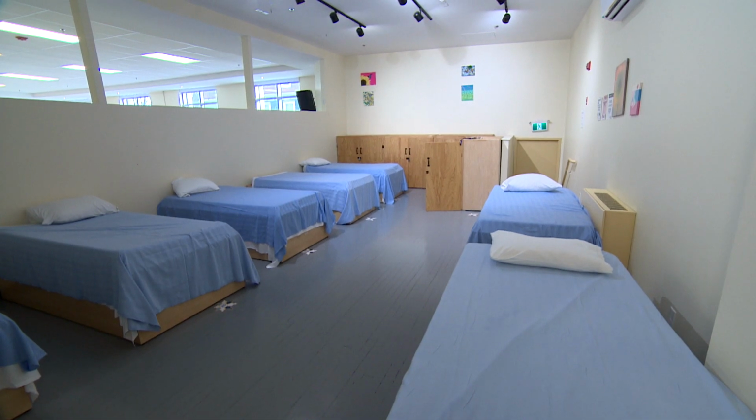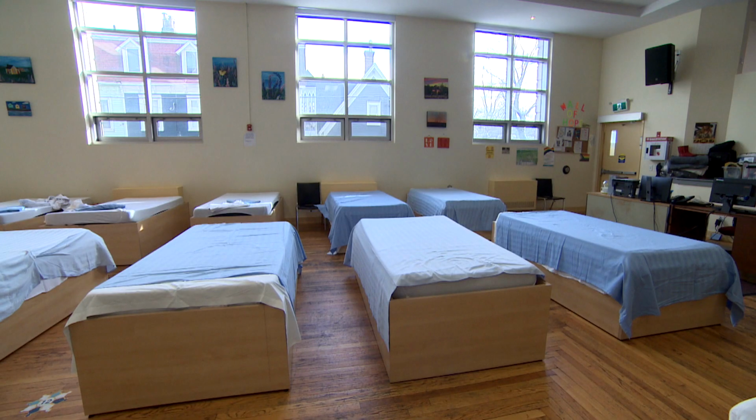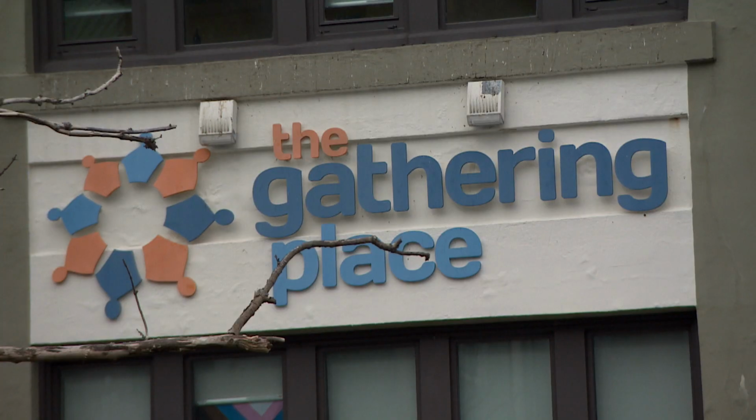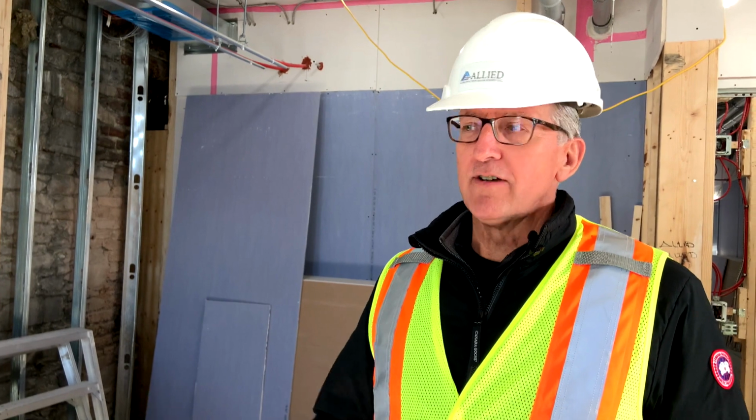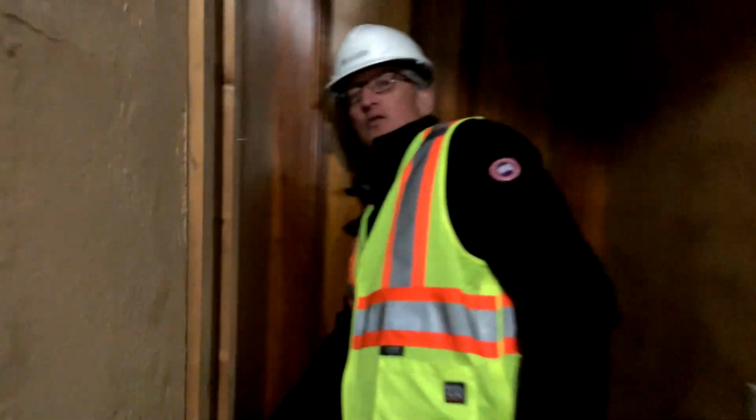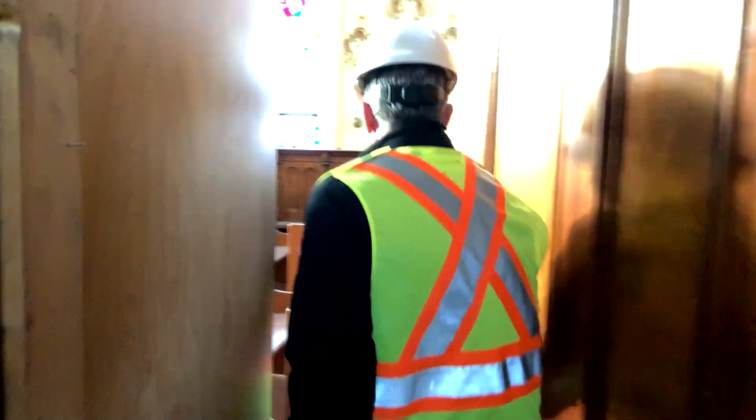I recently had the flu, and I often thought about if I had to live in a shelter, how would I ever get over it? This will fix all that. So that if someone becomes sick, we have isolation rooms in a place where they can go to recover. We'll be using them for housing as well, but if someone gets sick and needs a room, we can move people around. Now, if you're in old churches and old chapels,